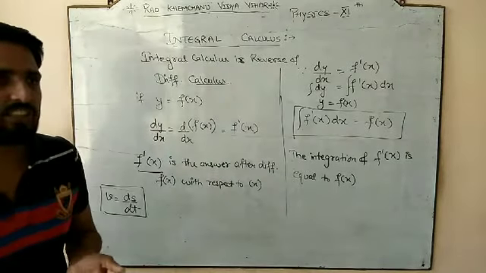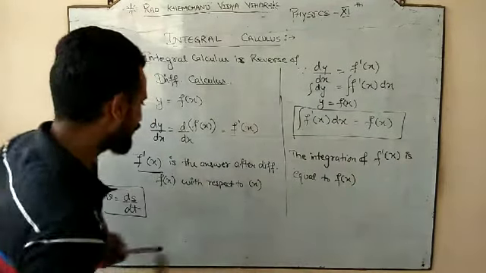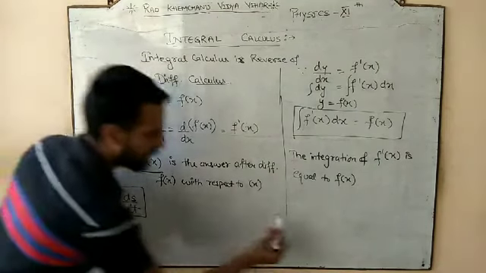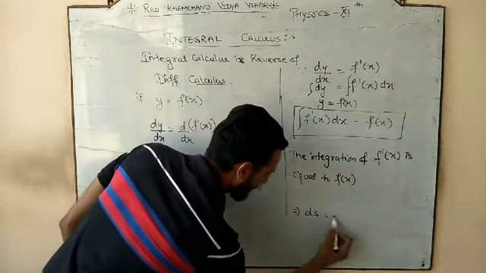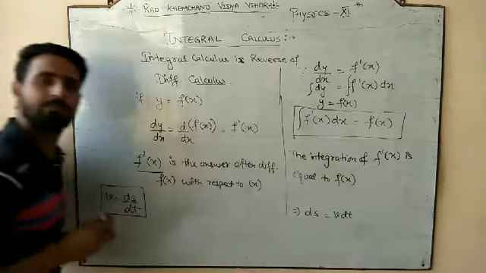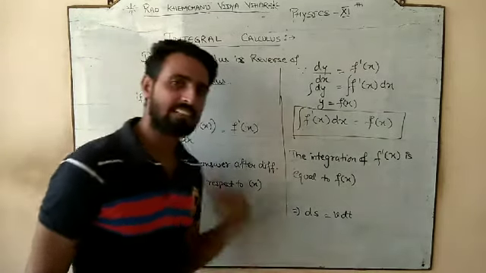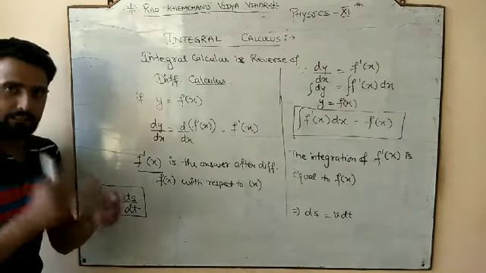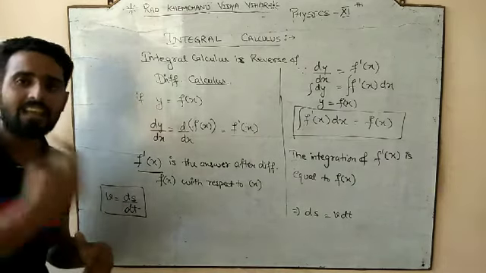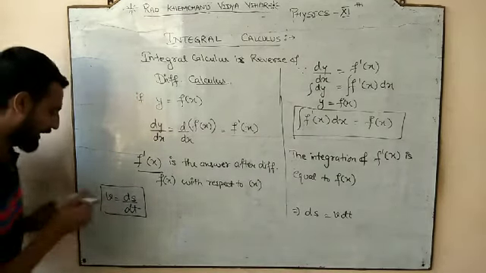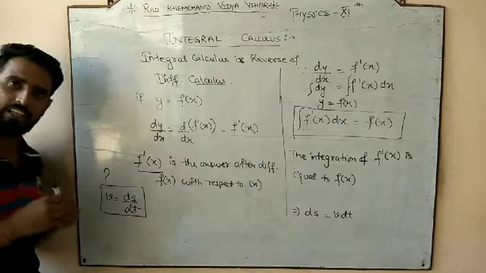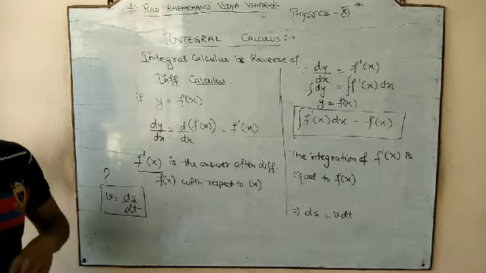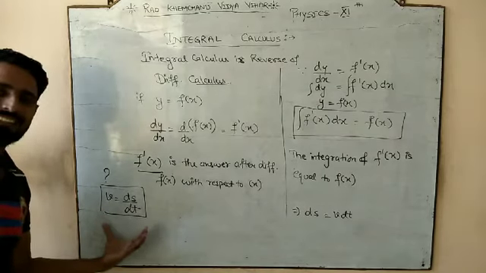Means if we study the small displacement, for example if I use this, v is equal to ds by dt. So from here what you can say, ds is equal to v dt. Okay, so now if we desire to find what is velocity, अगर हम velocity calculate करना चाहते हैं, then we have to take small change in displacement per unit small change in time. So that is our desire.